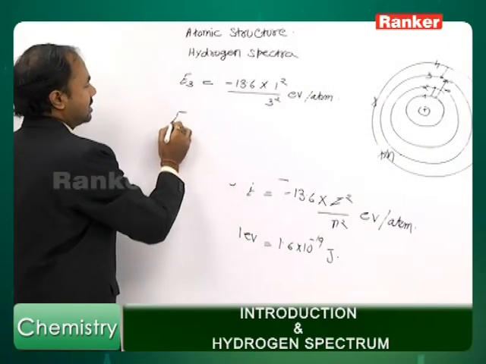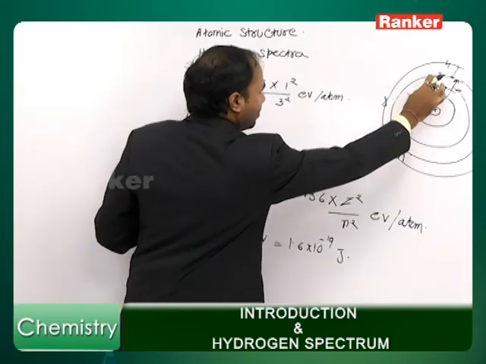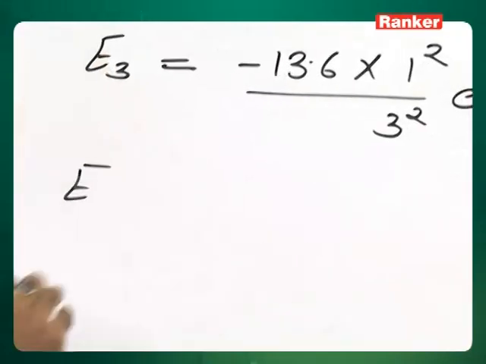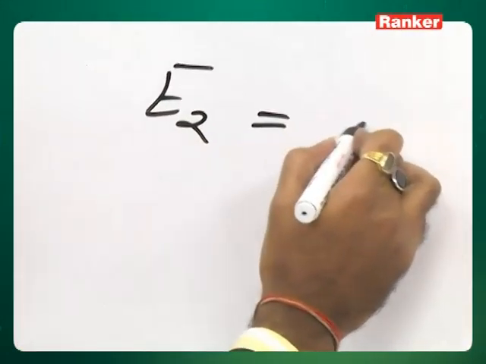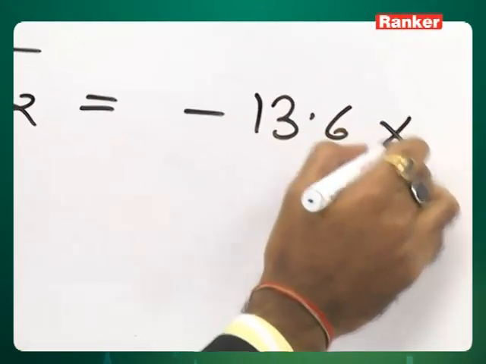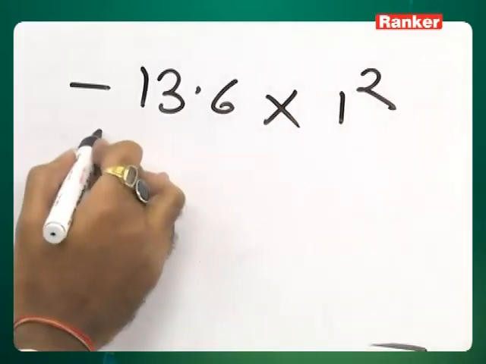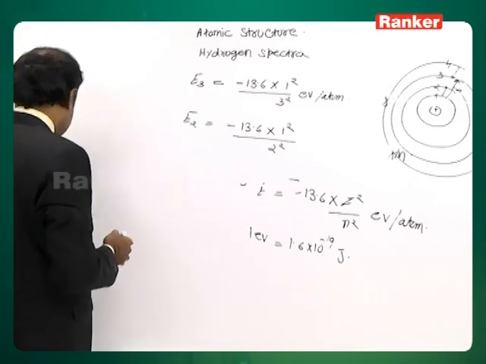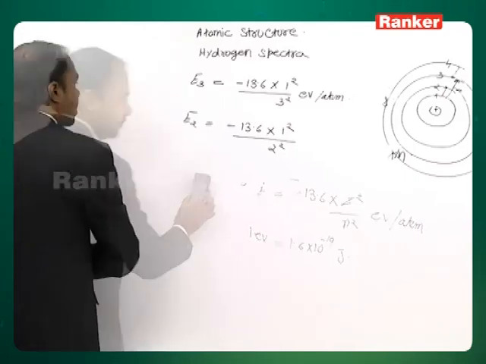If the electron comes down to the second shell, from third to second, when the transition is made, it is called de-excitation. Then the energy of the second shell will be minus 13.6 into Z, which will remain 1 only, upon 2 squared. Now the difference of energy in these two comes out to be